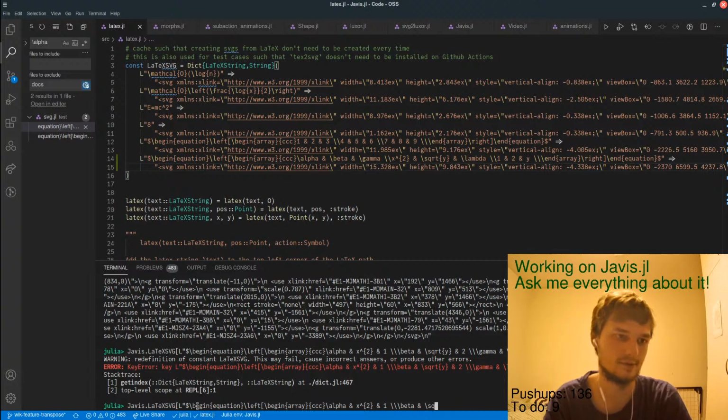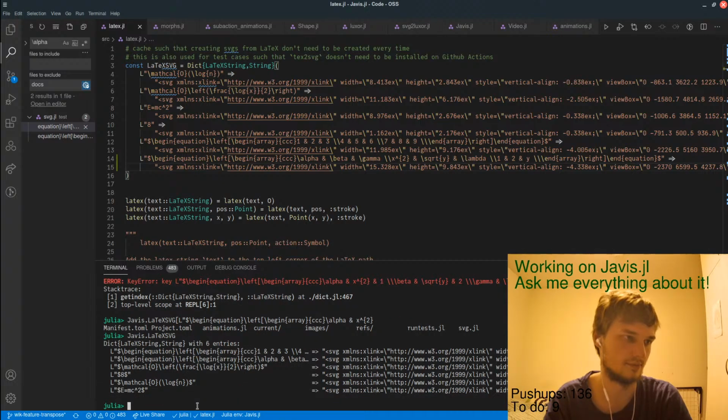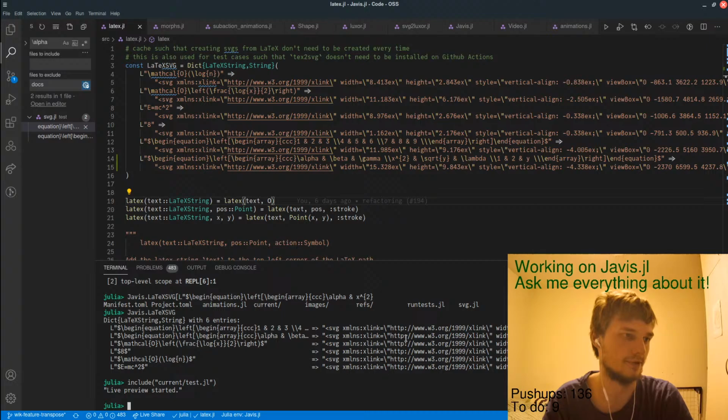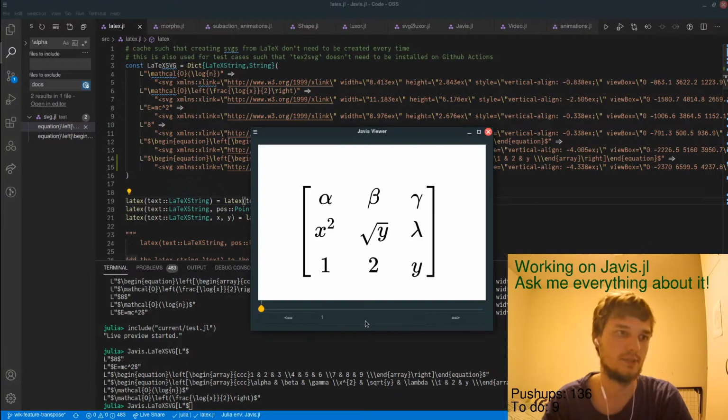Sorry, whoops. What is? Oh, because I overwrote. What's the problem when using Revise? Sometimes it's too smart, or it's not what you want to do. Oh, okay. I need to run this again.